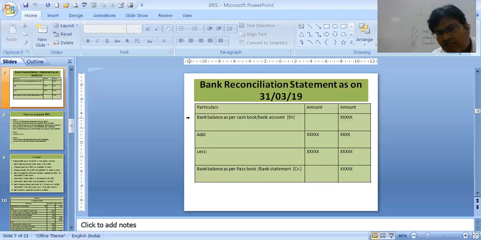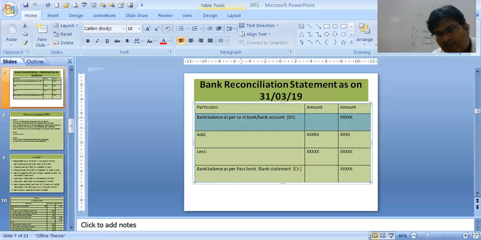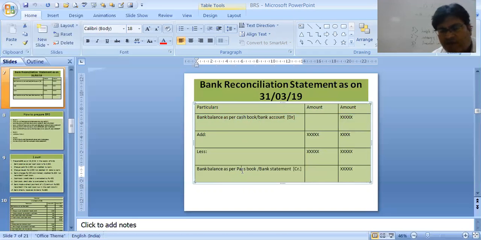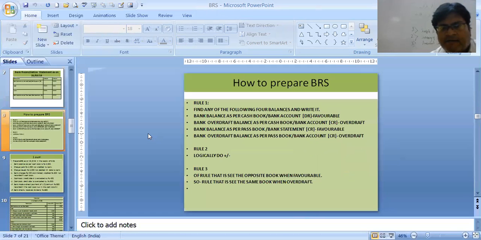Like we start with bank balance as per cash book, we end with bank balance as per passbook. That means if we start with passbook, we will end in cash book, and vice versa. And if it's debit over here, generally this becomes credit, except in one or two cases, which I'll be telling you. Suppose this is a negative balance, then if it is debit, this is also debit. If this is credit, this is also credit. If it's a negative balance, this one. Let's see the sum and understand it.